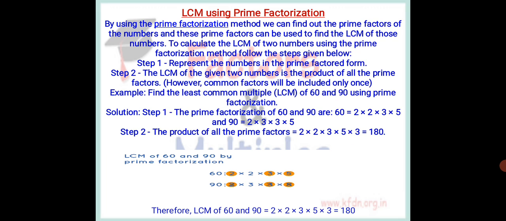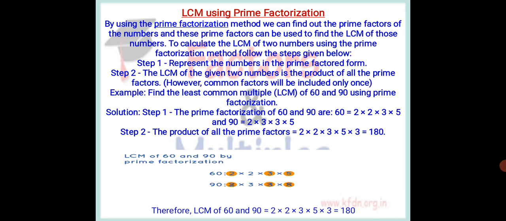Why is this so children? Again I am explaining to you. Take 60 and 90. First factor is 2. In case of 60 also 2, in case of 90 also 2. So take 2. In the next case, the second factor of 60 is 2 and the second factor of 90 is 3. They are not common. So when they are common, I am taking only one. When they are not common, I take both: 2 from 60 and 3 from 90.